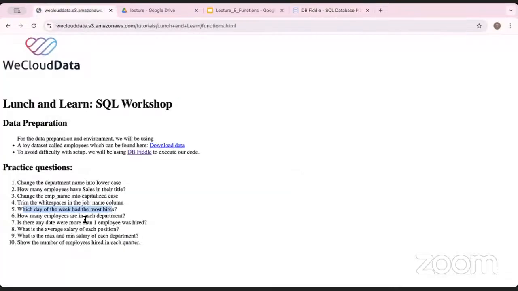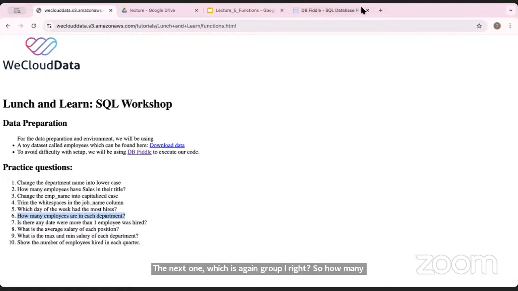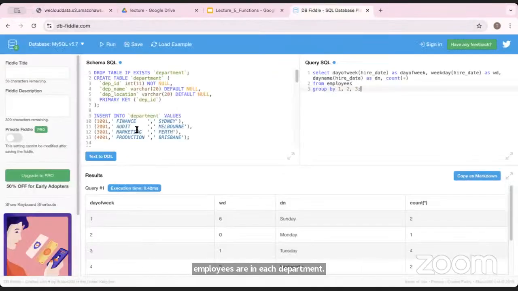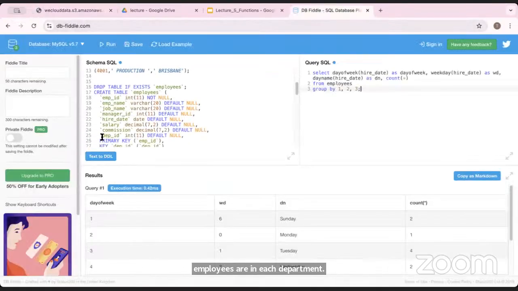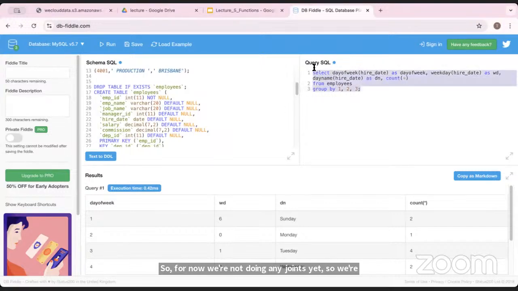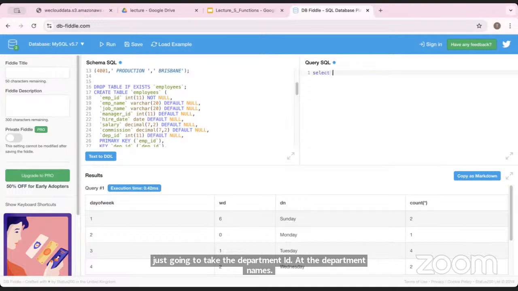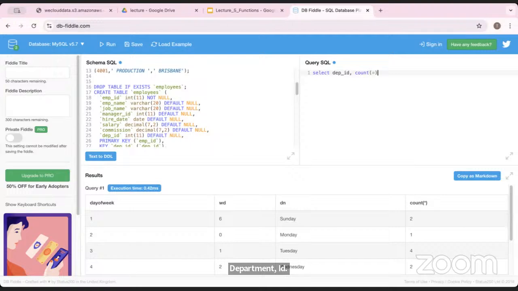In that case, let's look at the next one, which is again a group by. So how many employees are in each department? For now, we're not doing any joins yet, so we're just going to take the department ID as the department names. So I can do select department ID and then do a count star from employees and then group by,